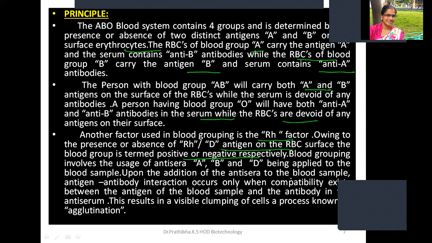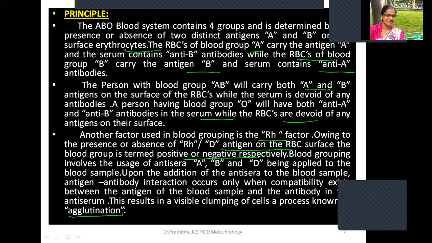Upon the addition of the antisera to the blood sample, antigen-antibody reaction occurs. When compatibility exists between the antigen of the blood sample and the antibody in the antiserum, it results in a visible clumping of cells, a process known as